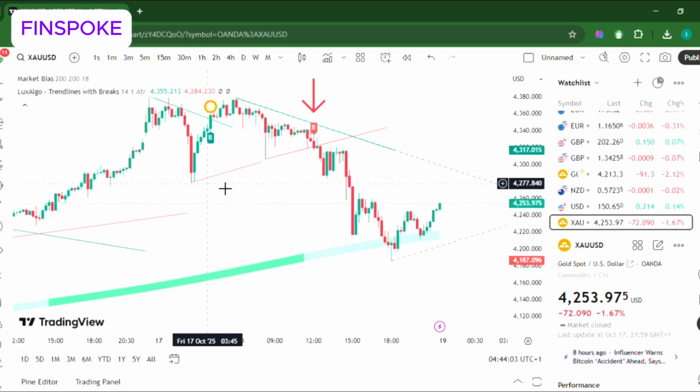Now, use this trend line as a dynamic support and resistance. At a breakout like this, I want you to check momentum and the candlestick confirmation before you can take a trade at the break of that trend line. Now, looking at this